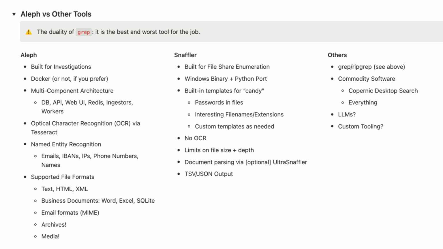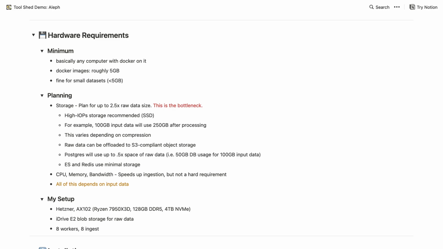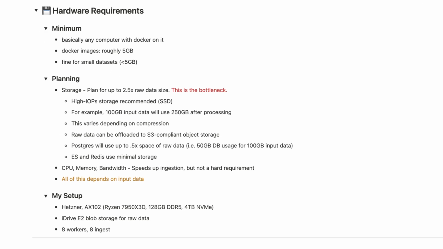I want to talk a little bit about hardware. During this demo, I'll run this off my laptop. You can run this tool on your local device. It doesn't have to be scaled to a huge computer. It can just be your laptop. I obviously ask that you read this if you're going to run this tool. I'll probably skip the installation so I don't run out of time. But it is space intensive. It will inflate your data set to roughly two times the size. If you have a 60 terabyte data set, you'd need 120 terabytes of raw storage.